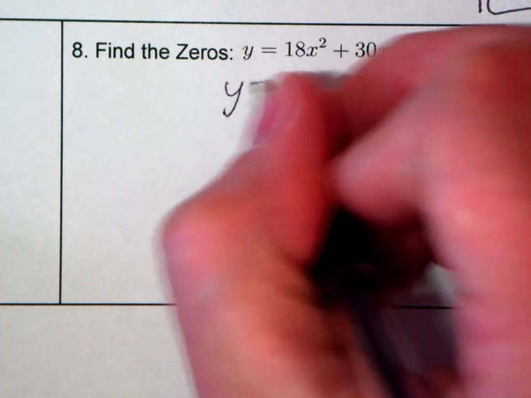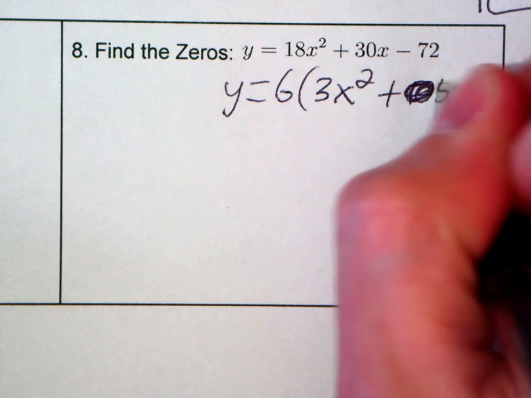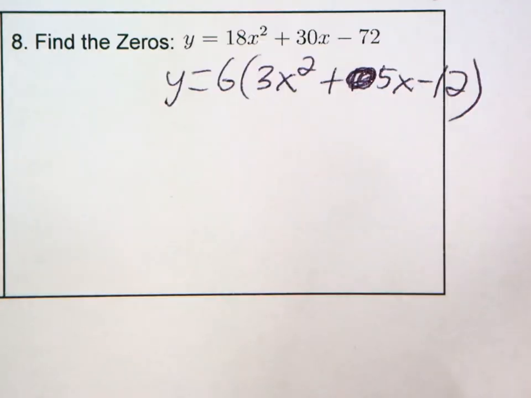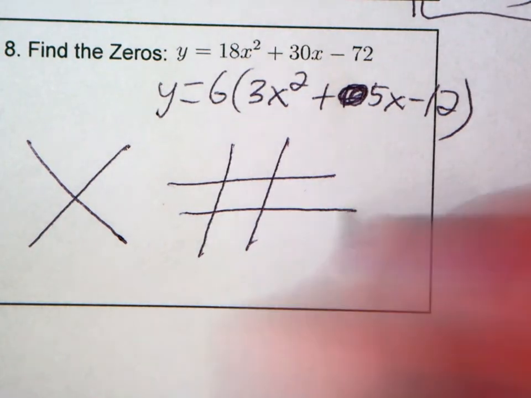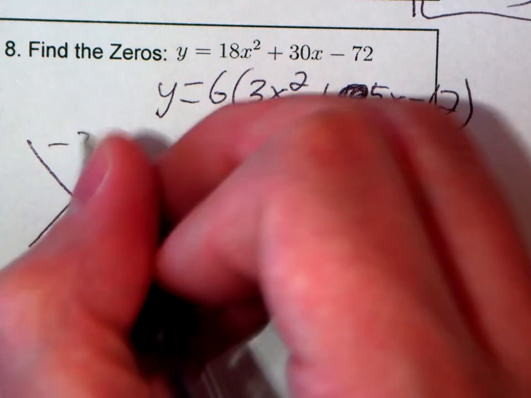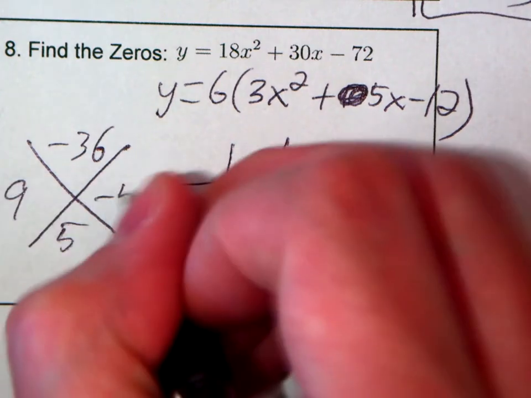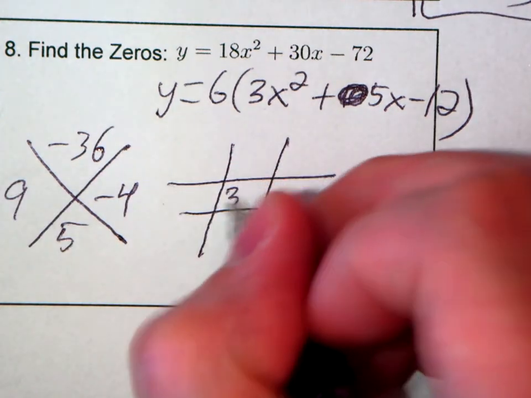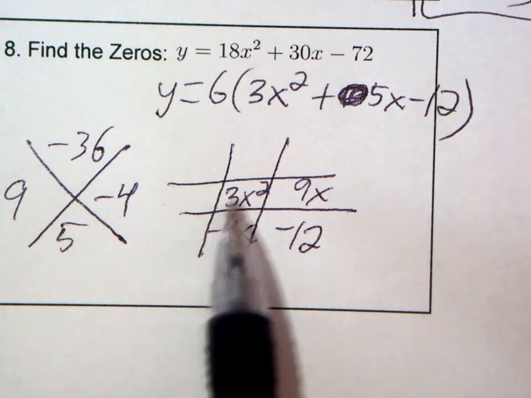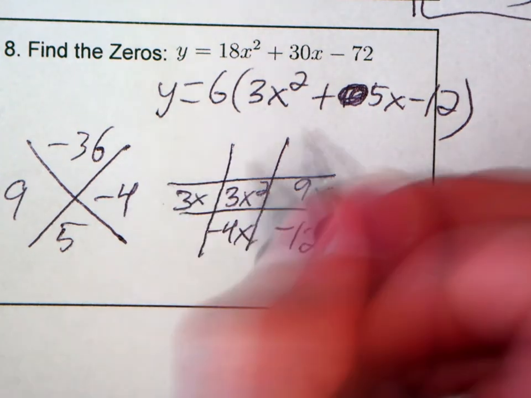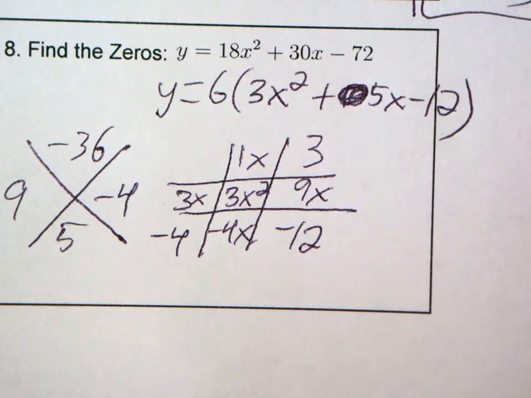Last one, we can divide all of these by 6. So y is equal to 6 times 3x squared plus 5x minus 12. We do our x box, and 3 times negative 12 is a negative 36. 5 goes on bottom, so this turns out to be 9 and negative 4. We put a 3x squared in the middle, a negative 12 on the right, 9x and negative 4x. So we have to use 3 and 1. 3 goes across from the 9, 1 goes across from the negative 4,